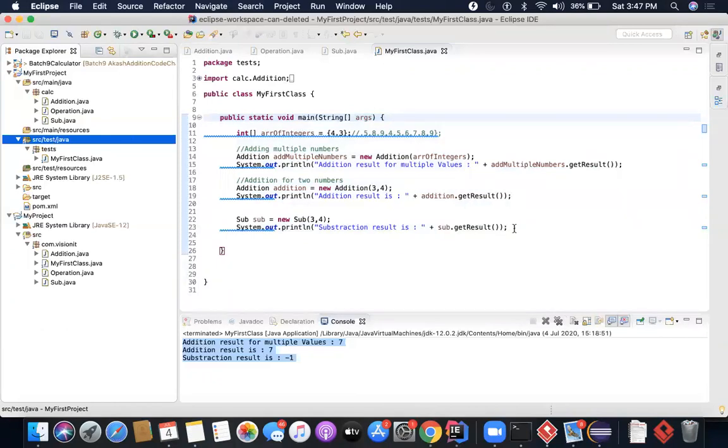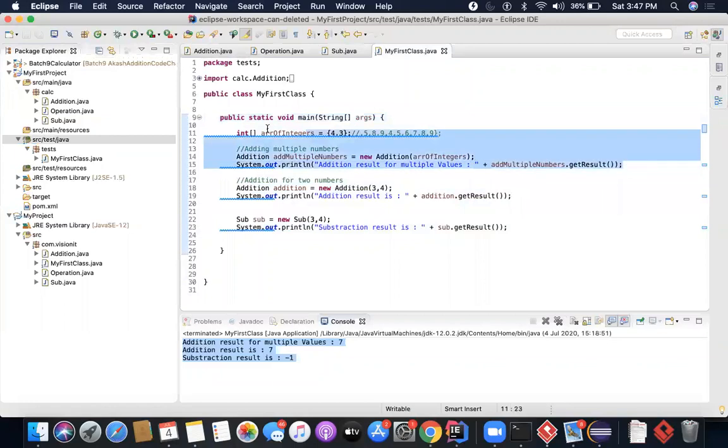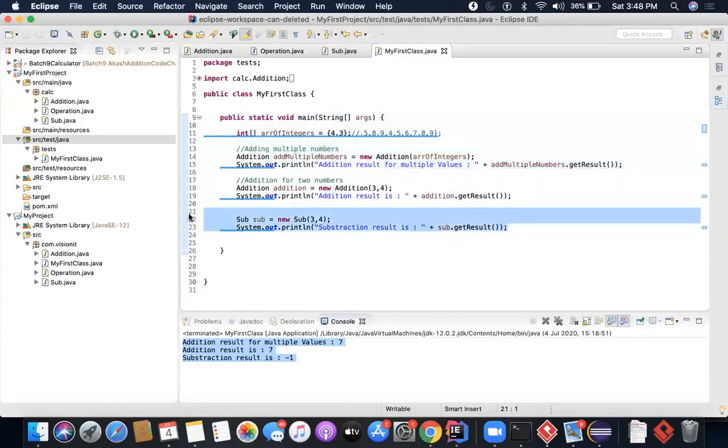Right now, if you see here, this actually is my test case, right? The test case name is validate addition functionality. Is my addition working fine? This actually is another test case wherein I am saying my subtraction is working fine.